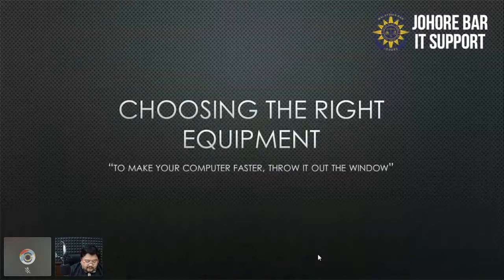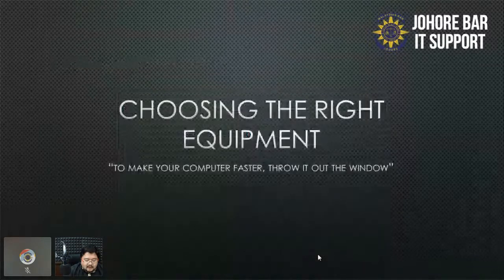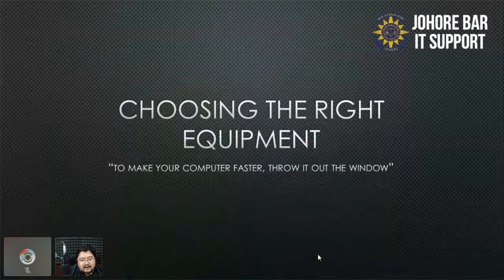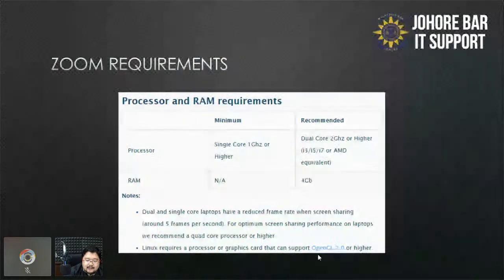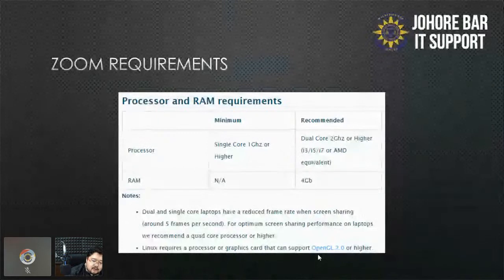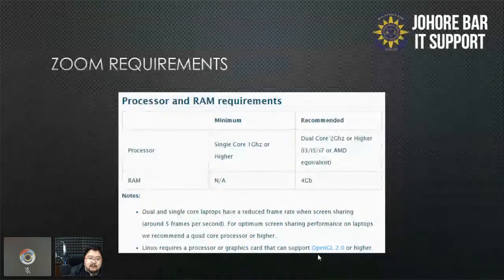Because most likely if you have a computer at the office and it's been there for, you bought your laptop for the past 5 or 6 years, it's compatible. So what benchmark are you setting? Or what's the minimum threshold of your computer specifications? For me, I choose to use Zoom's requirement because that's the platform that the court is using. So as far as Zoom is concerned, the minimum requirement is a single core, 1 gigahertz or higher. A computer 15 years ago is our single core computers, laptops.